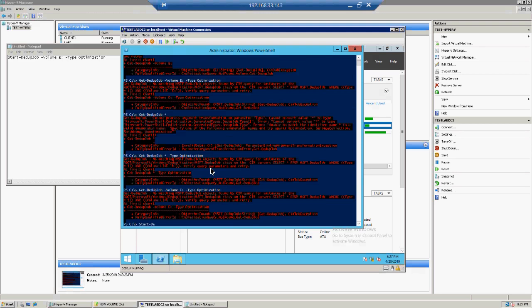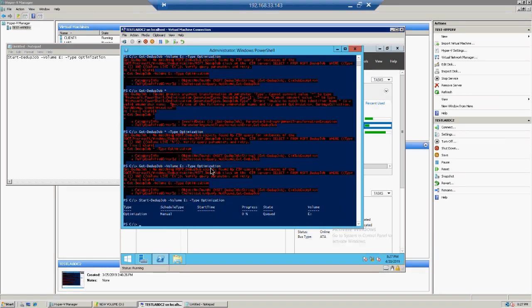Start dedupe job, volume E, type optimization. Is manual optimization on this particular thing. Let me go to this option and okay,